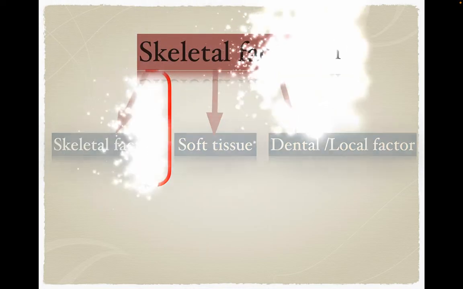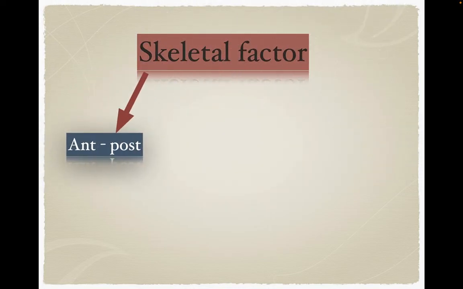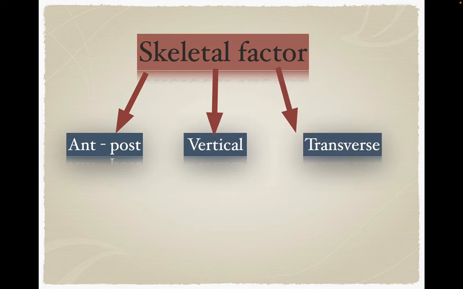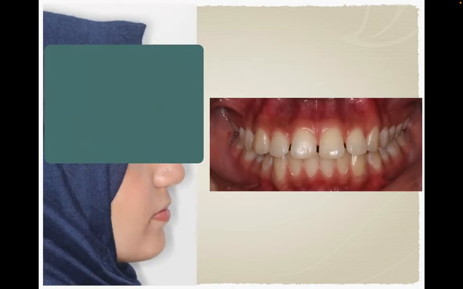So start with the skeletal factor. Again, we're going to look at the anteroposterior, vertical and transverse. Starting with the anteroposterior, here the patient has a class 1 incisor relationship. The chief complaint is spacing between the teeth, and the skeletal relationship is class 1, which makes sense. So the only issue with this patient is the spacing between the front